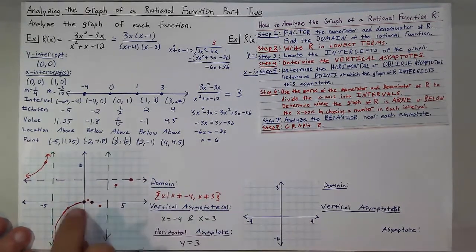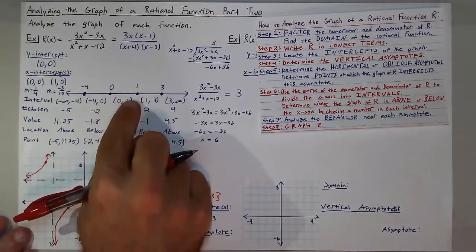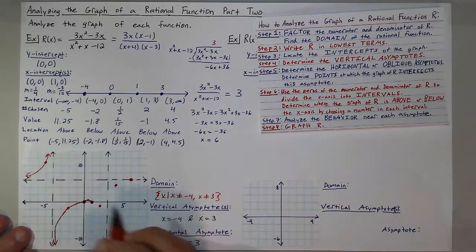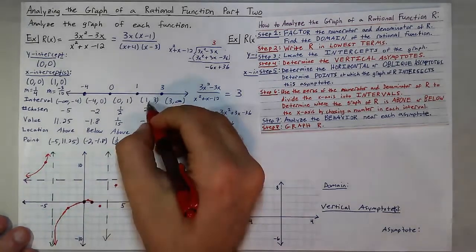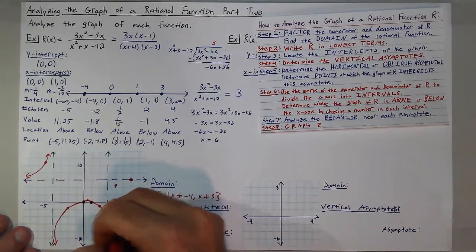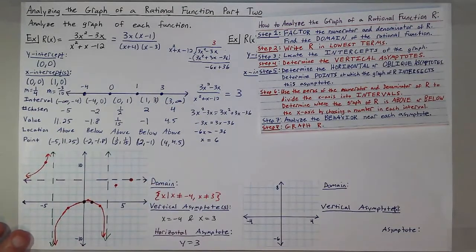the first 0. Between 0 and 1, it's above, so I have this slight moment where it's above the x-axis. And then after, from 1 to 3, it's below, so I'm going to go through this next point and then just continue downwards along my vertical asymptote. But now, for this next part,